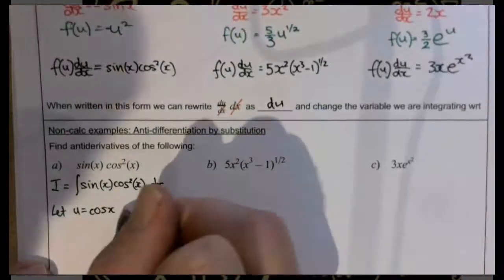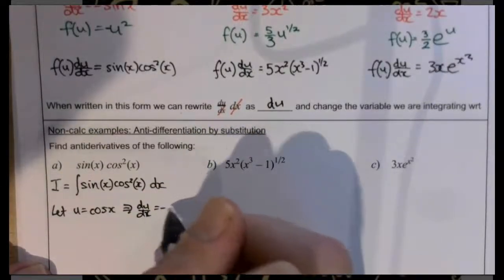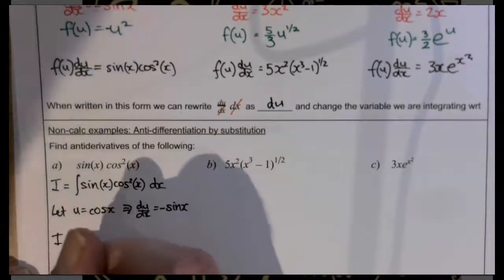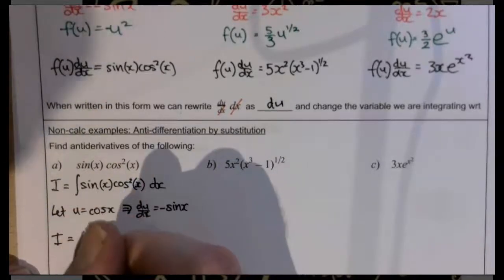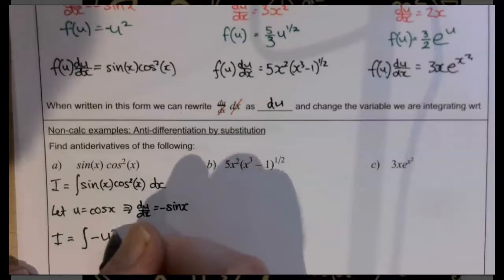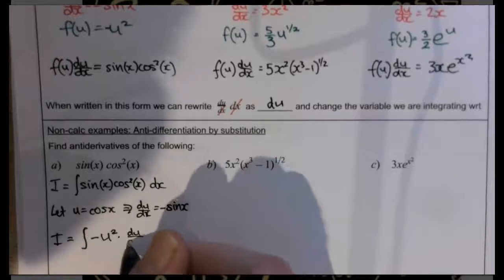If I do that, then du by dx is minus sine x, and the integral is the integral of minus u squared times du by dx du,